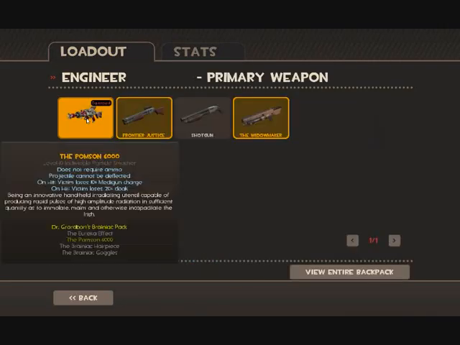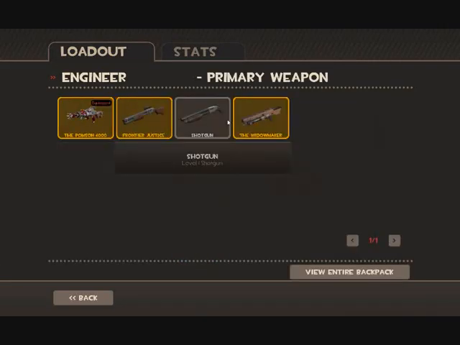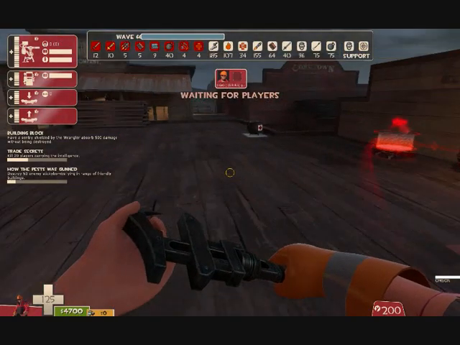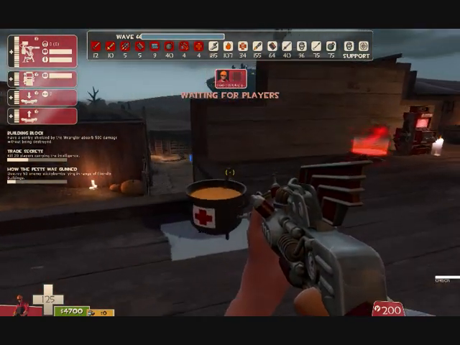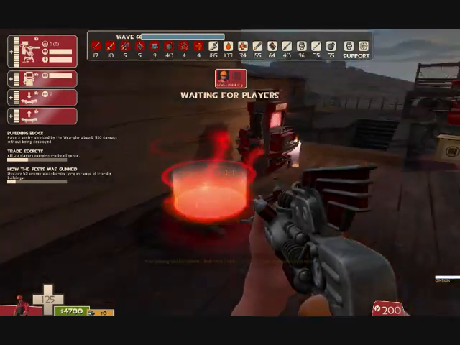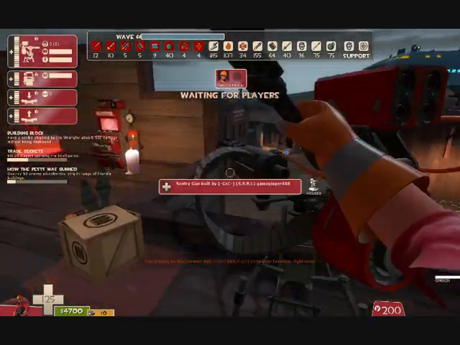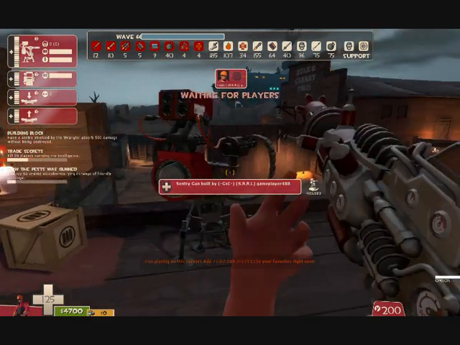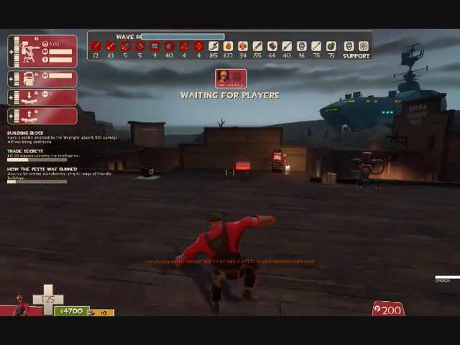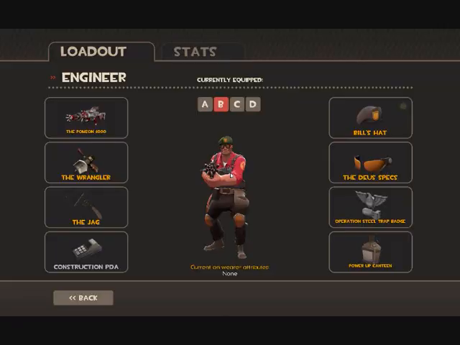Now for primary, really anything is better than the stock shotgun. Frontier Justice gets you crits, Widowmaker gets infinite ammo, and the Thompson has great range, and you can lower enemy medics' Uber, so they can't Uber all the time. And that is definitely useful. Though usually I don't like it because it's just a spammy little thing. I still don't get why Valve put it in. But anyway,